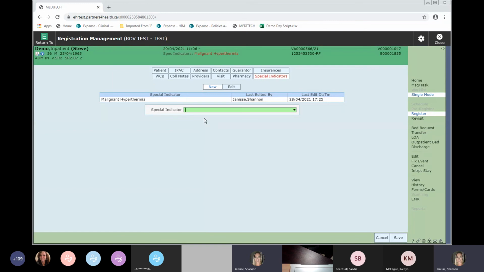So the list is related to your infections, your dates and times with infections, falls risk, care plan. I think a few of the other demos talked about special indicators, violent patient. So there's a multitude of different special indicators. And again, allergies will populate up here in the special indicators in red. And then as soon as you're registering, that obviously pops up as well. So then when I save it,